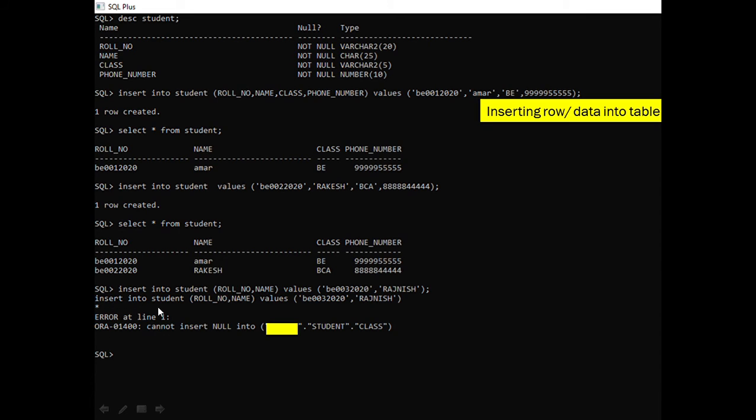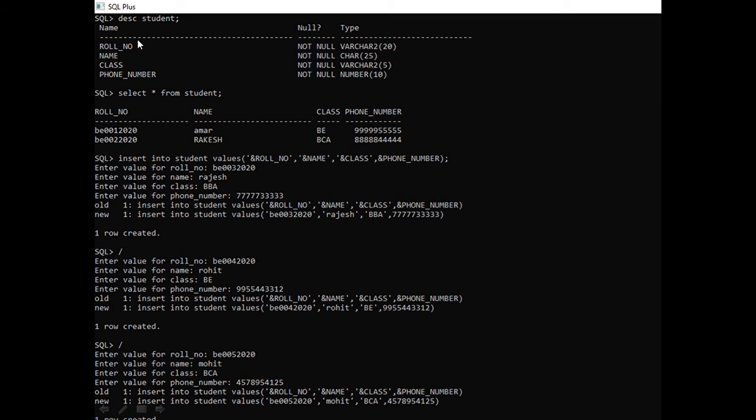Here it gives me the message, cannot insert null. I have not inserted a value for class and phone number, that's why it gives me cannot insert null. You can see select asterisk from student shows the whole table.